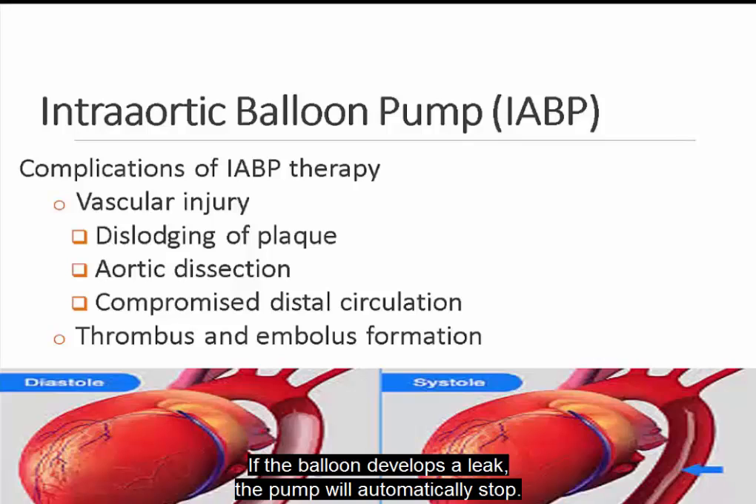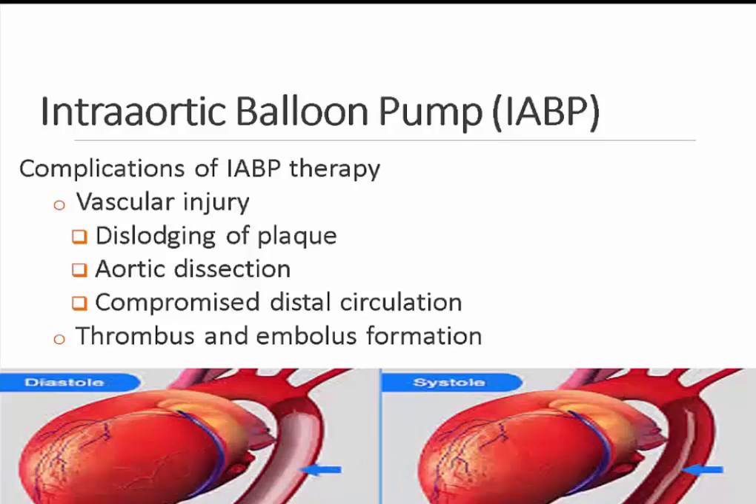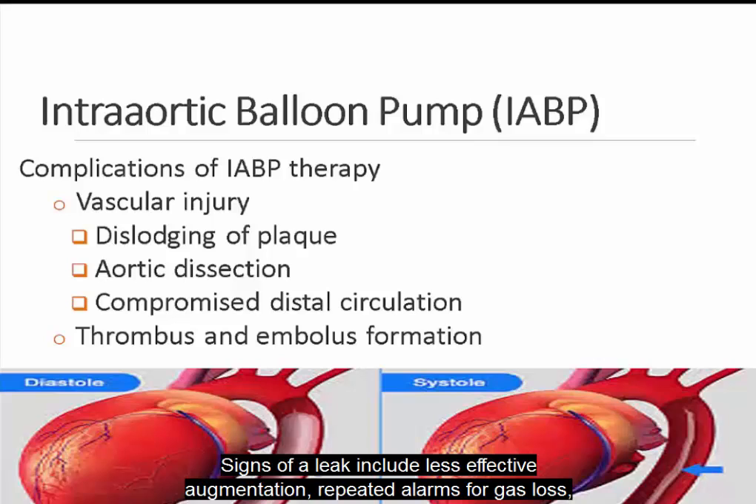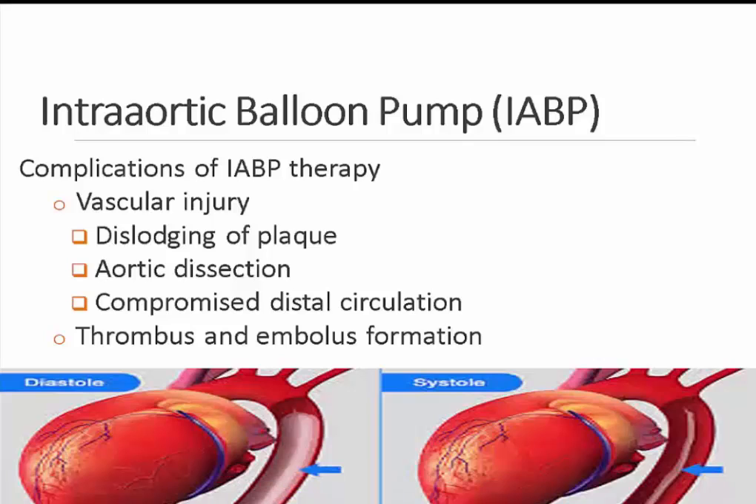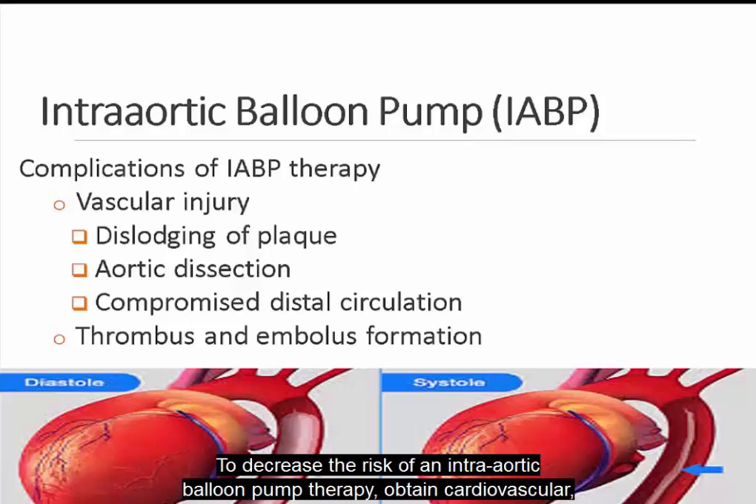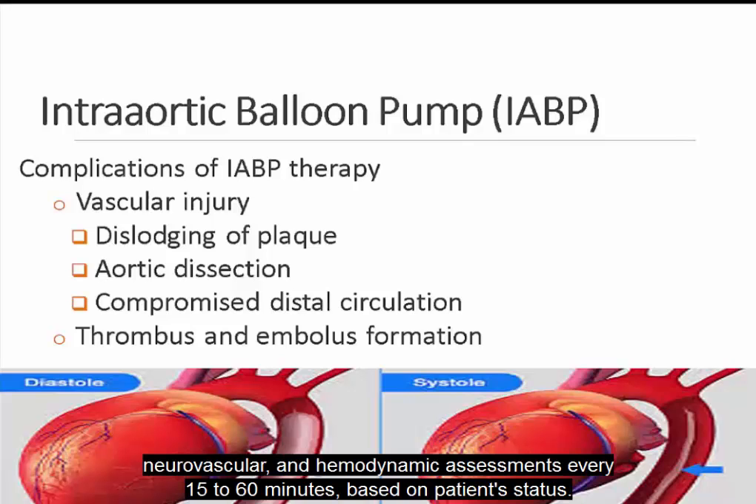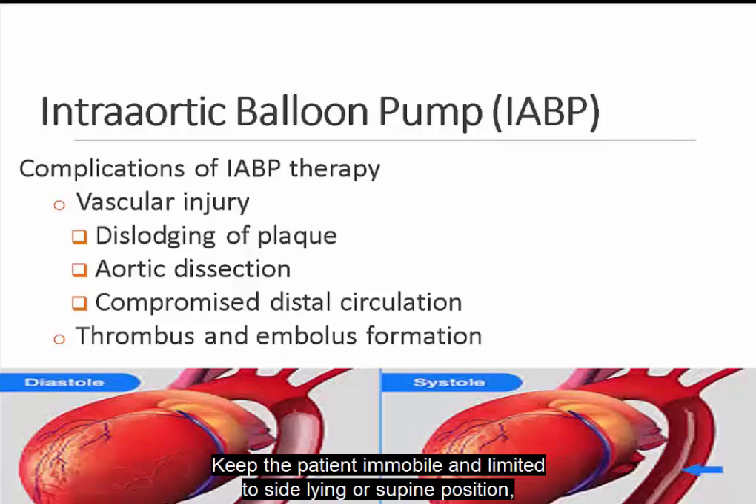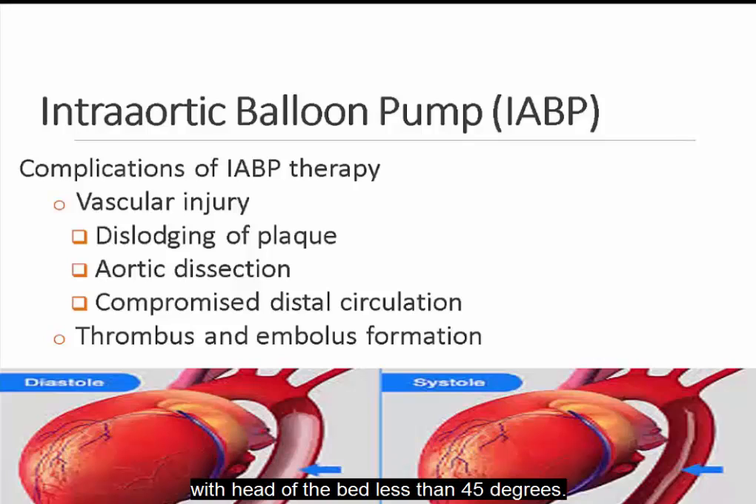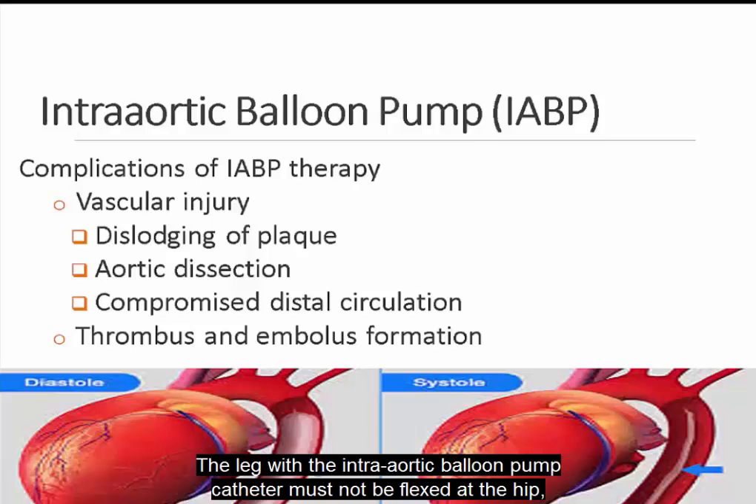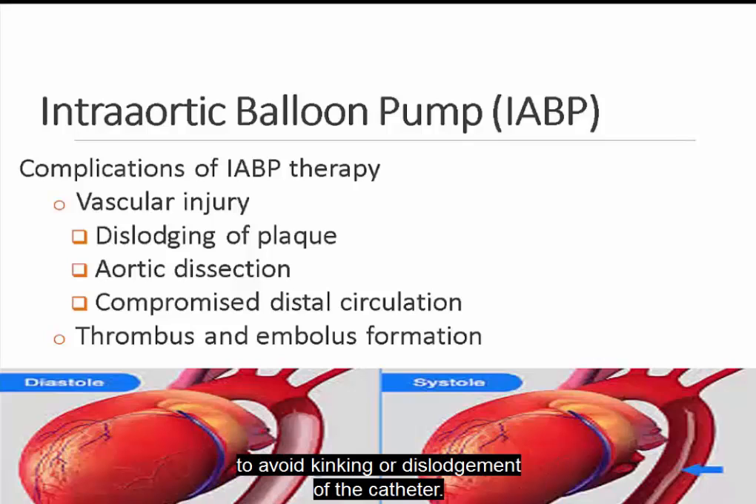If the balloon develops a leak, the pump will automatically stop. Signs of a leak include less effective augmentation, repeated alarms for gas loss, and blood backing up into the catheter. To decrease the risk of complications of intra-aortic balloon pump therapy, obtain cardiovascular, neurovascular, and hemodynamic assessments every 15 to 60 minutes based on patient status. Keep the patient immobile and limited to side lying or supine position with the head of the bed less than 45 degrees. The leg with the intra-aortic balloon pump catheter must not be flexed at the hip to avoid kinking or